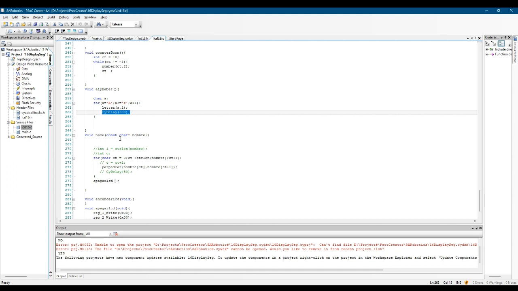We just have chars, but we can use something called, I'm not sure what the name is in English, but in Spanish it is puntero. I think it's pointer or something like that. But we're using that. We get the name from the main,